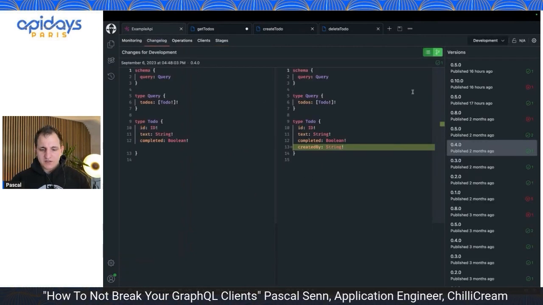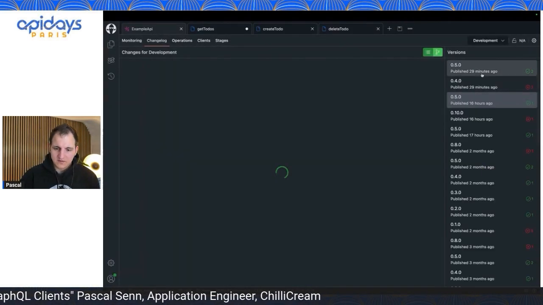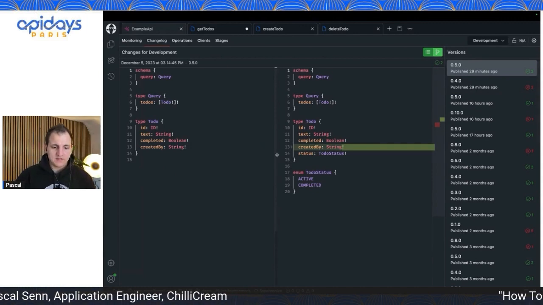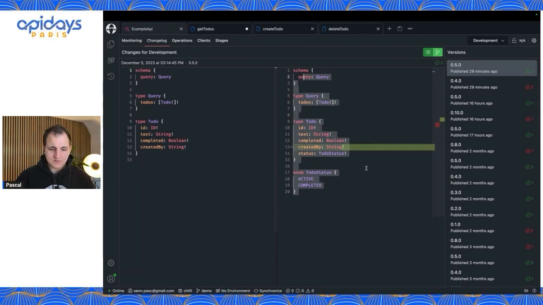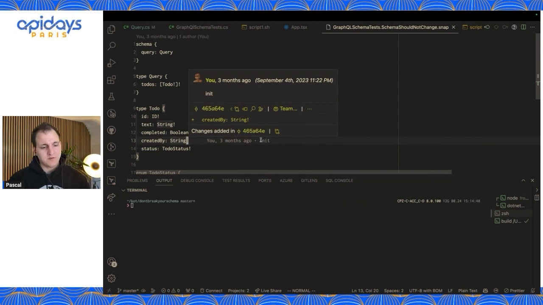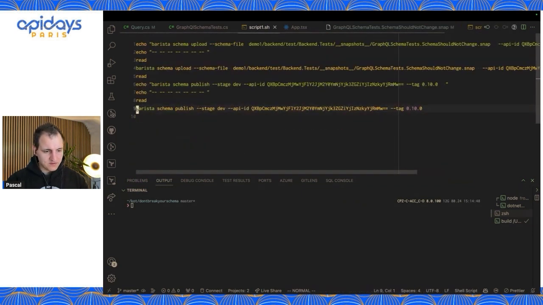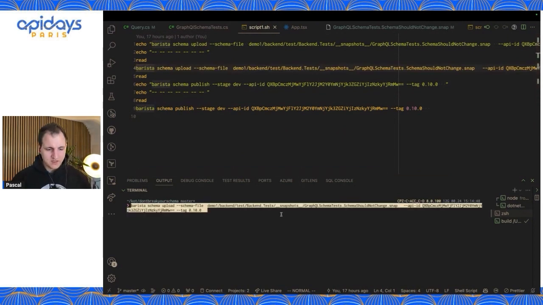When we go to the changelog, let's go to the latest one quickly. Let's refresh. We see that this is the latest schema. We see that this is the schema that we also have in our snapshot. Now we have had a change here in the snapshot, and we basically changed the nullability of this field. And now let's upload this to the schema registry